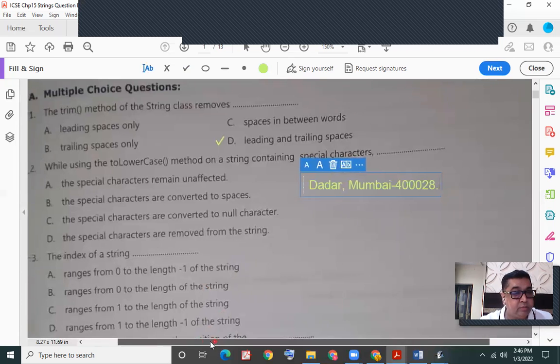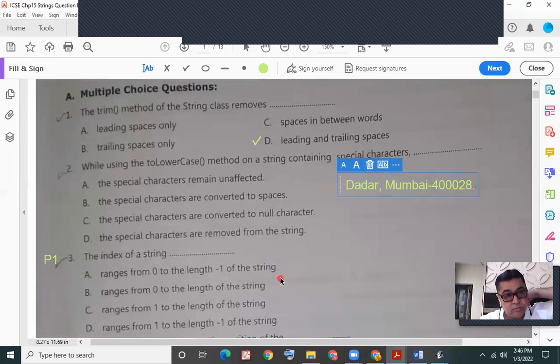Send me your answer in the chat box. A, the special characters remain unaffected. B, the special characters are converted to spaces. C, the special characters are converted to null characters. D, the special characters are removed from the string. What would be the answer?